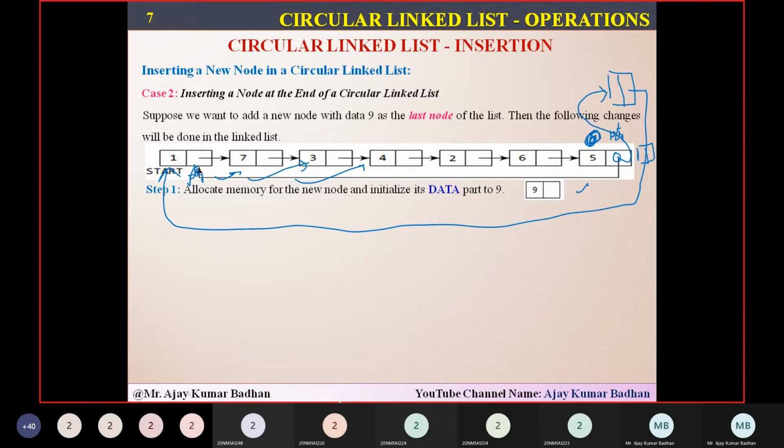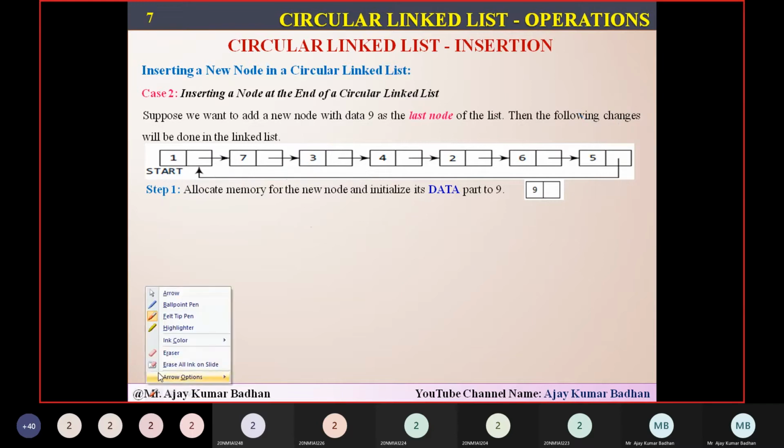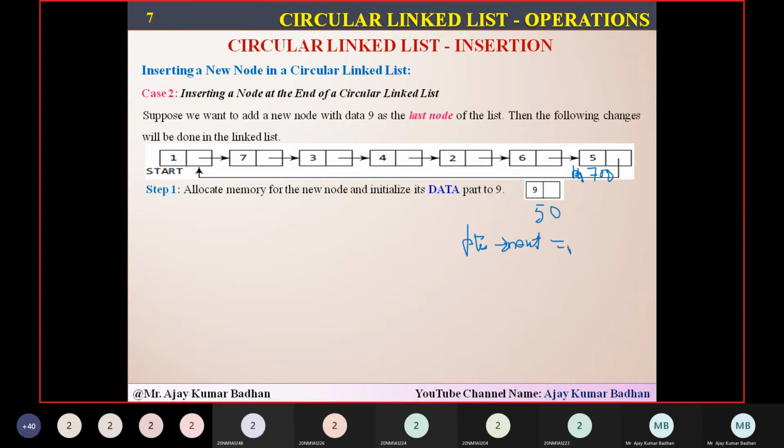Your task is completed. So how to do that? It's very simple. So let me explain it here, what I have to do. With the help of a diagram only, I'll explain it so that it becomes easy for people. Suppose this is a new node and the address of this is 50, and this one, the address we have seen, is 700, right? Right now the pointer is present here. So what I have to do? Pointer next. The next block of the pointer should consist of the value of the new node. So the new node value is present in the variable called new node. So this 50 will be placed here. And now this will be pointing to this particular location here.